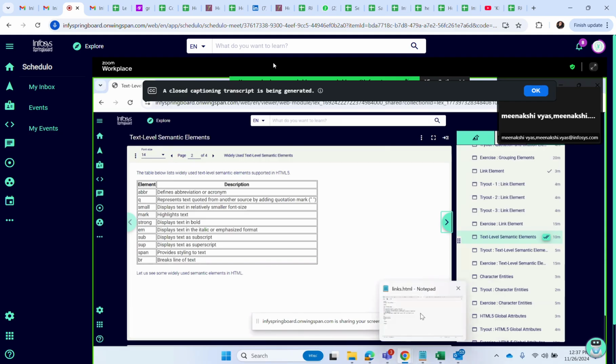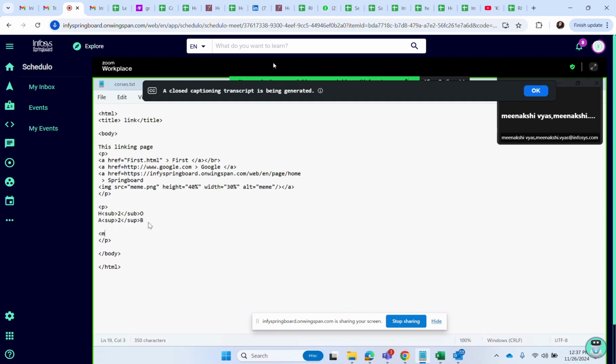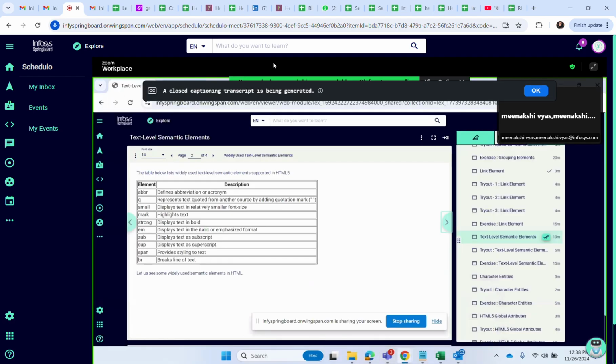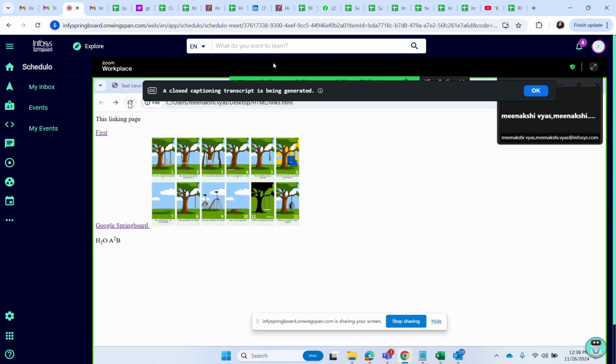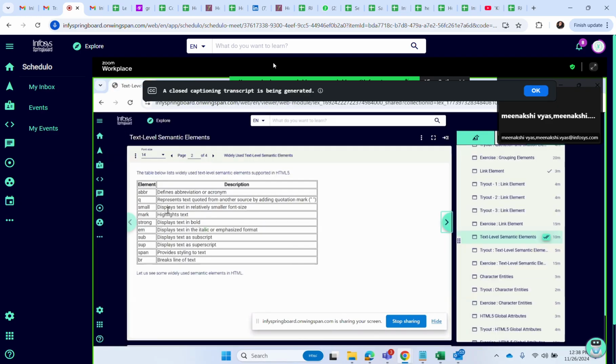Then emphasize tag I have explained you, strong I have explained you, mark. If you write something in the mark, the text will be highlighted. See, mark, let's write /br and /br. If you don't want to write /br multiple times, what you can do, you can use pre, right? So no need to mention this is highlighted. Control S. See, can you see? This is highlighted, and you can even change the color also.